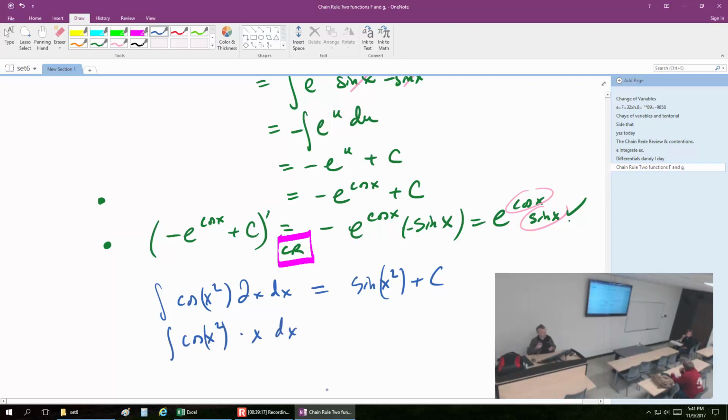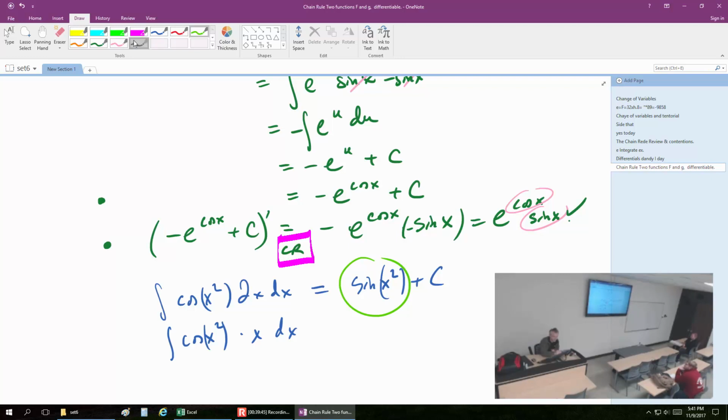So that disappearance of the two creates a little bit of a problem. It makes it impossible or less likely to be able to guess this function. So once again, that's what we did a while ago. We guessed the answer for cosine x squared 2x. If there is no 2, then the derivative of x squared is not visible anymore. So that might be a problem. But with the